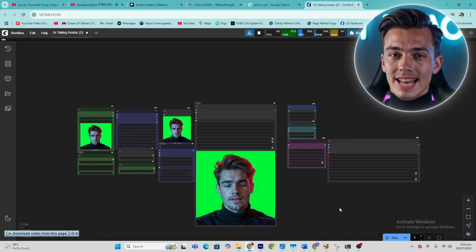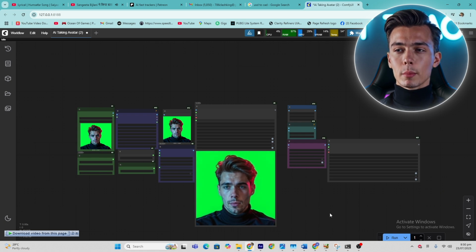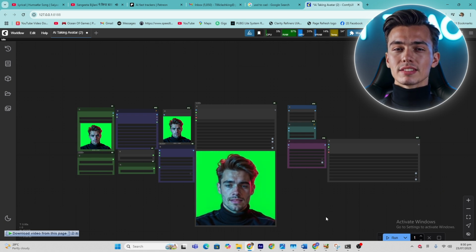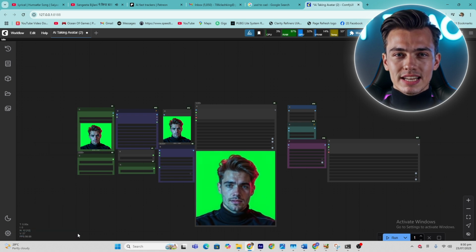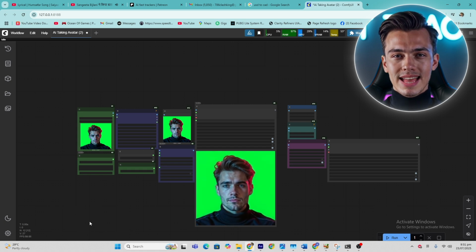Instead of using Comfy UI for video upscaling, I use Topaz Video AI for upscaling. It is very fast and easy to use. I know it's not free, but remember, where there is a will, there is a way to get the free stuff. So smart people will understand. Let's move towards the next part.